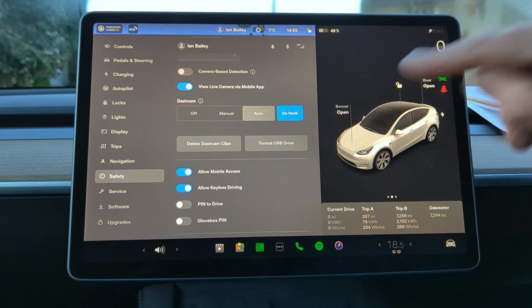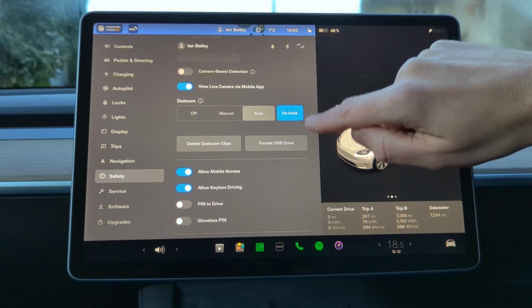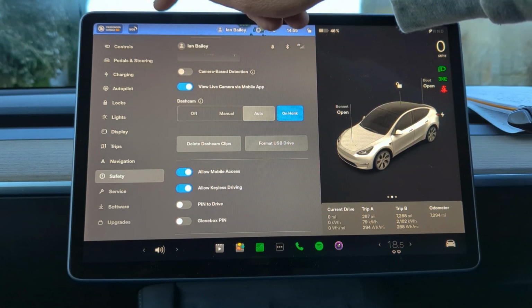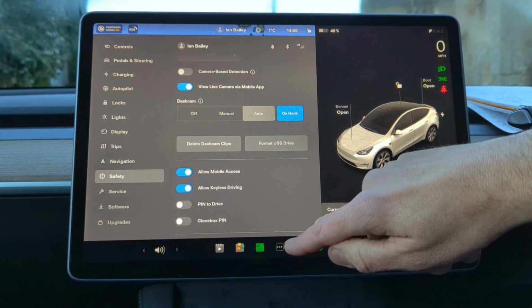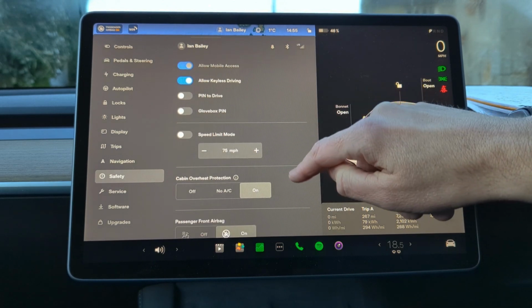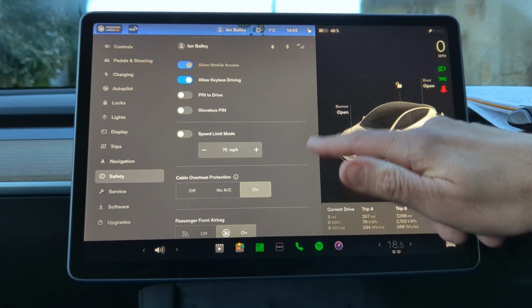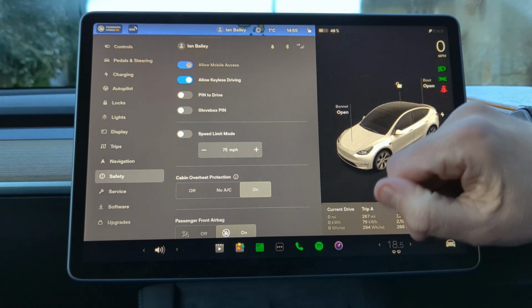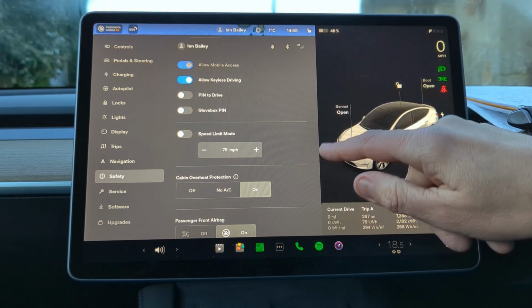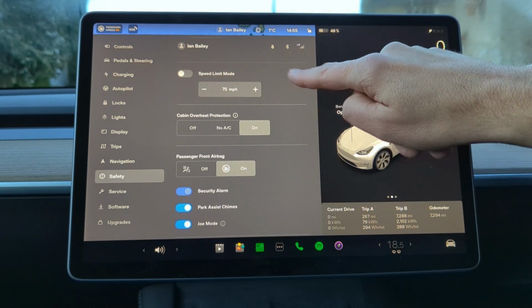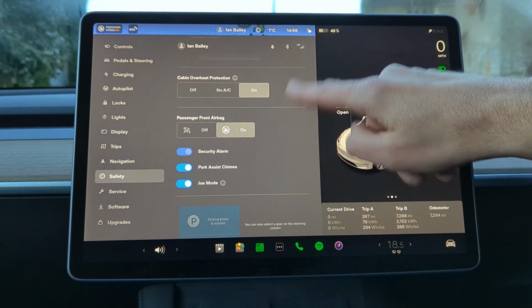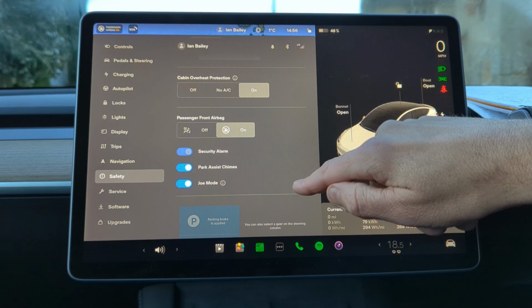You can also honk the horn if you have on honk and it will save the clip, or you can press the download button which will appear at the top of the screen again just to do that. It's a useful thing to have. Again, if you've got any kind of issues with other people's driving, the dash cam thing will show you whose fault it was. Speed limit mode so you don't go too fast, and then various other things around the way